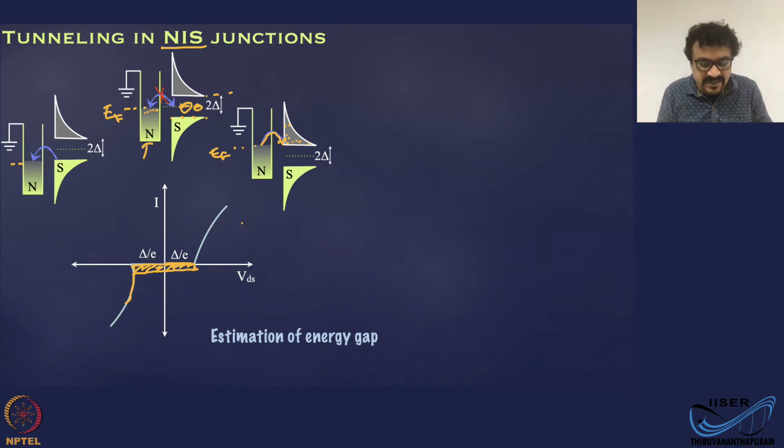Then you can directly measure the superconducting gap of the material if it is an unknown superconductor. All you need is one side metal, whose density of states is more or less constant, because that doesn't come into the picture. So what you're seeing here is a direct map of the density of states. You have no states available for quasi-particles within a window of 2 delta by e at the Fermi energy. And that's basically a map of the density of states.